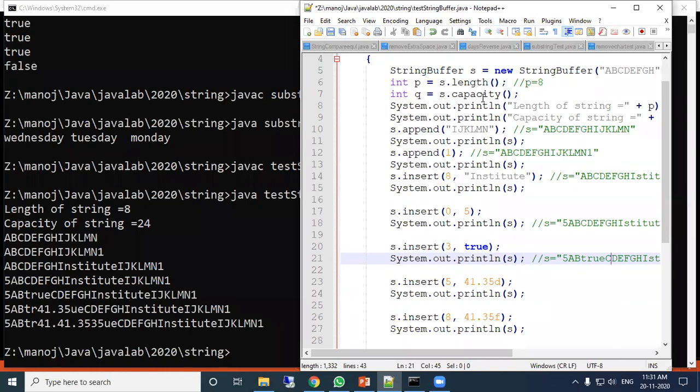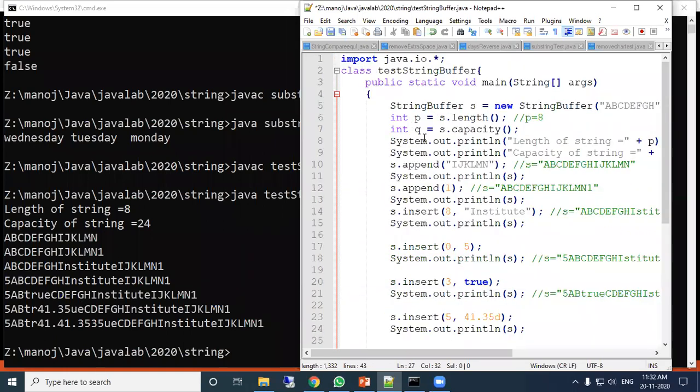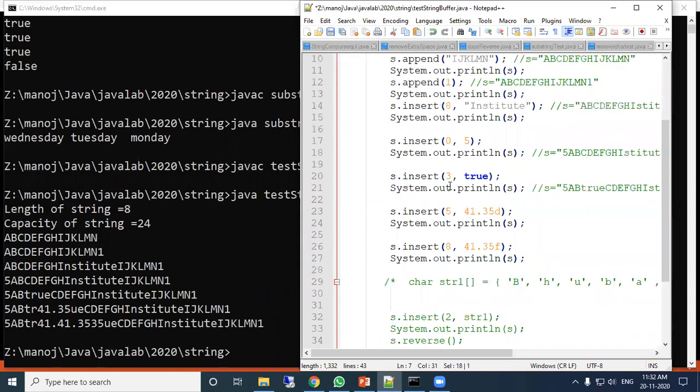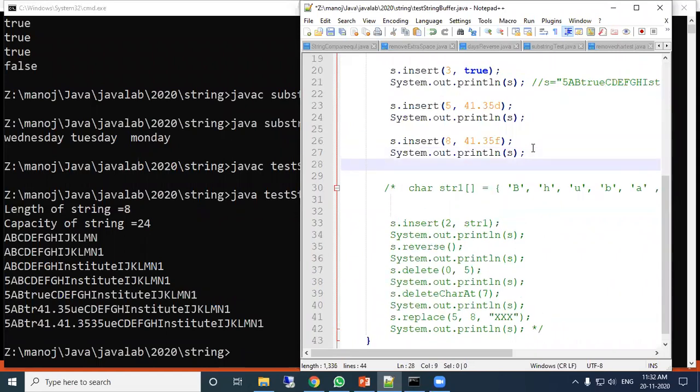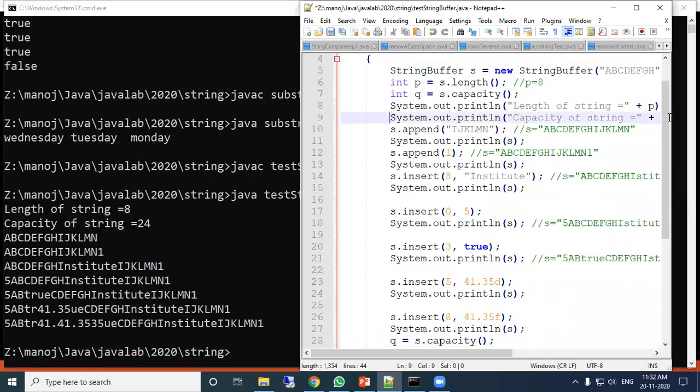So by default capacity is 24. But now let us see again. Q equal to S dot capacity, and we will print the Q value.